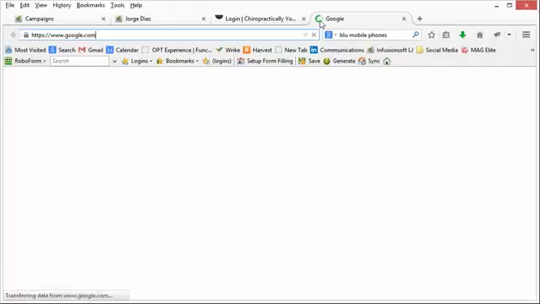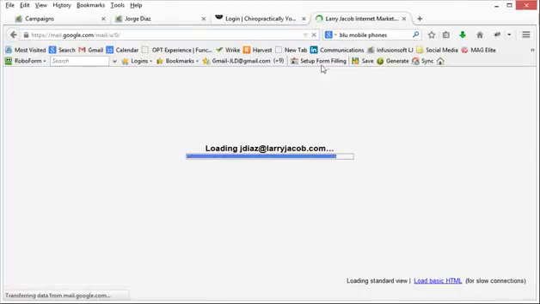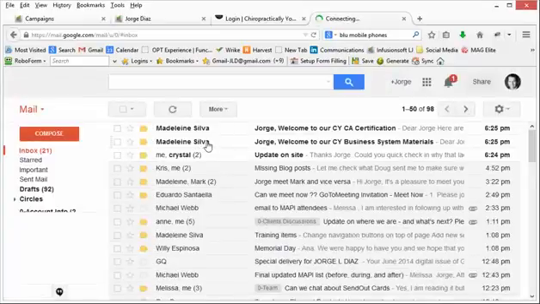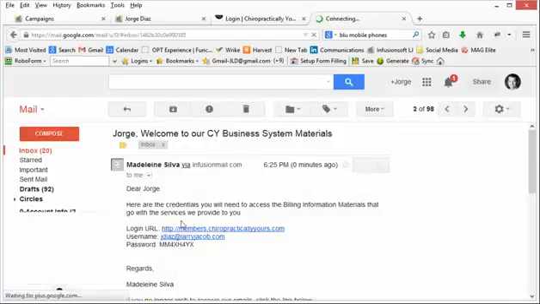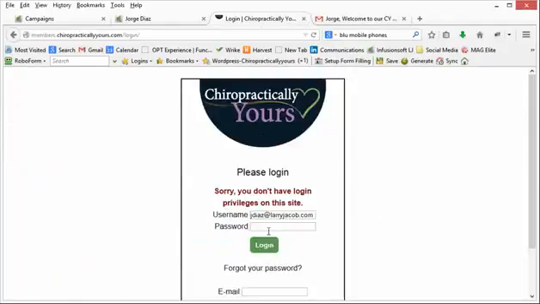Now what I'm going to do is I'm going to go and open up my Gmail. And you'll see I should have gotten two emails by now. And I did. So here's one email for the CA course, and the other one is for the business systems. In here, I come up and say, here are your credentials. You will need to access billing information materials. And then I give them the URL, I give them the ID, and I gave them the password that they're going to be using. So this is all the information they're going to need, and that's why I sent it to them. Now, if I try to log in,